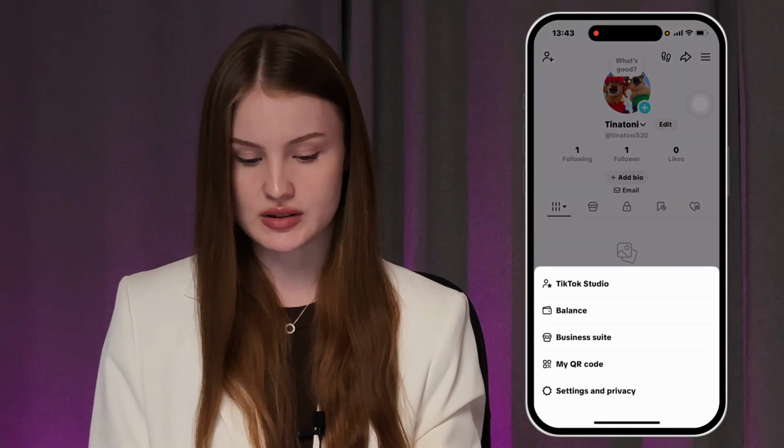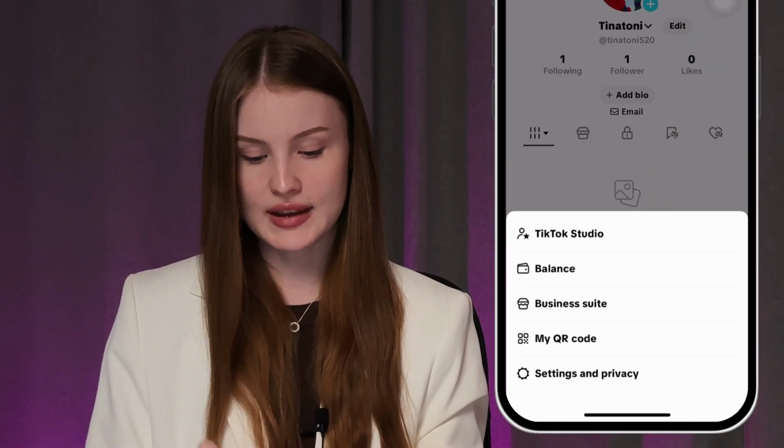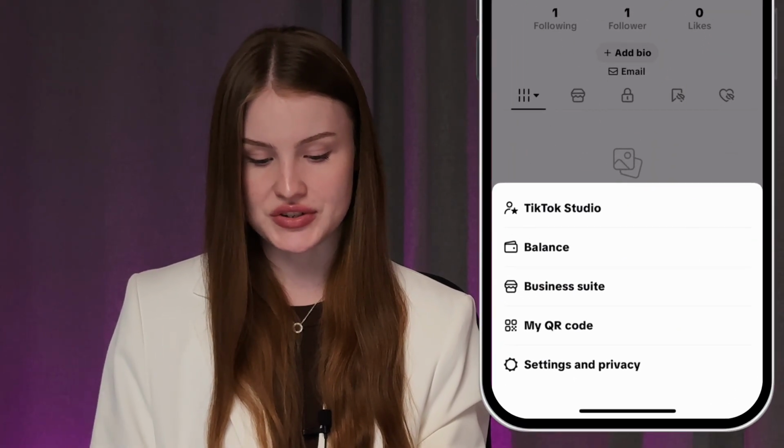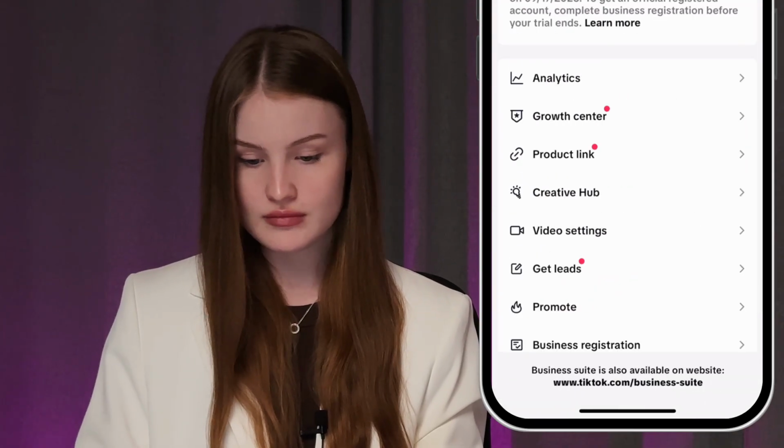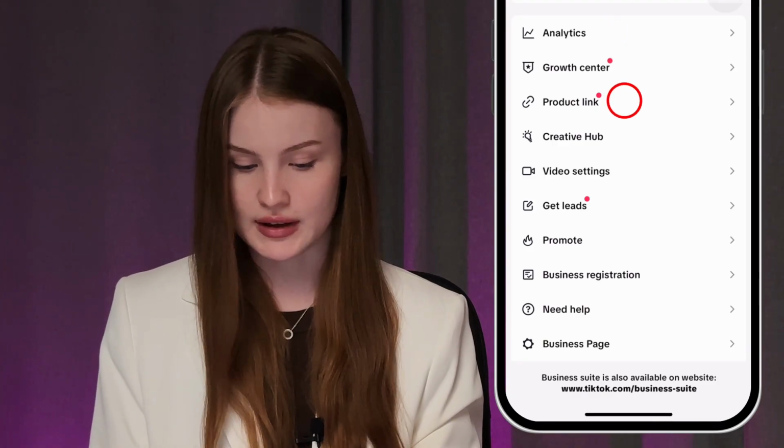tap on the three lines once again. And then you should see additional features such as Business Suite. You can click on it. And here you can just scroll through the additional features such as Analytics, Product Link, Video Settings, Promote, and so